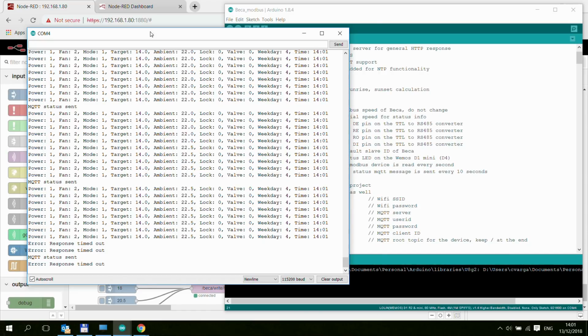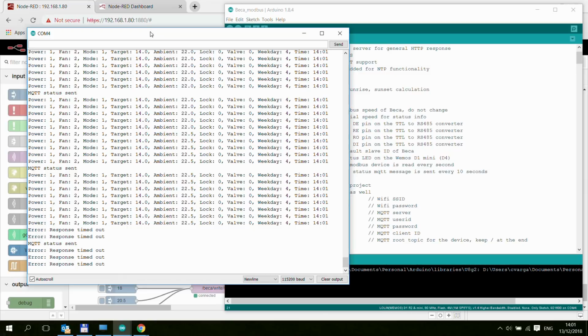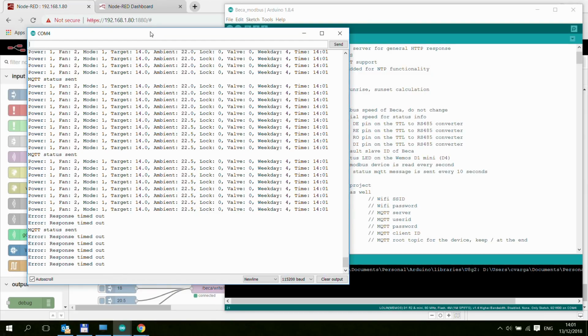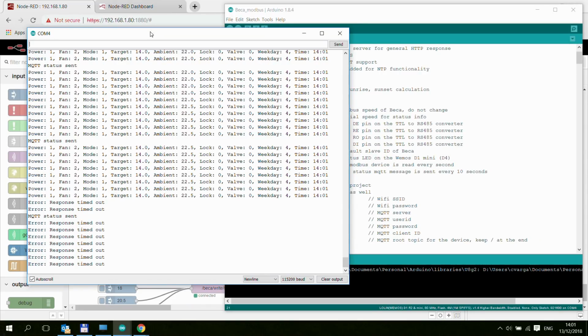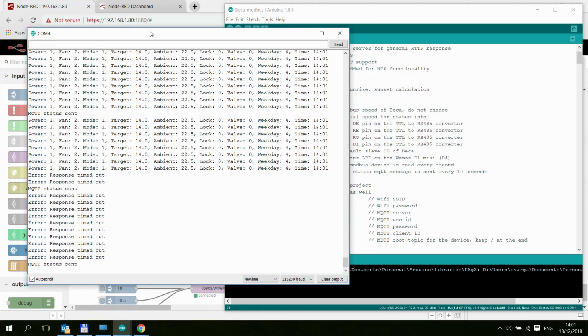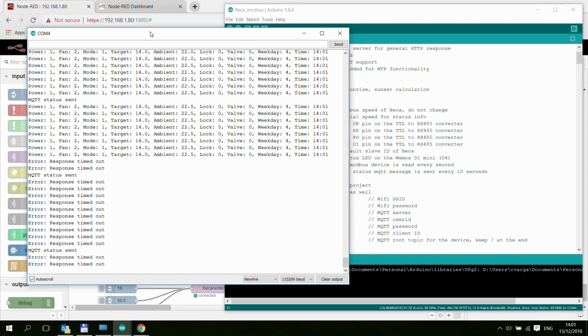And the way the device handles that is that it prints this error message. The error text is the actual error code from the Modbus library. So there are a couple of error modes. It looks like this device basically only creates a response timeout, because every other time